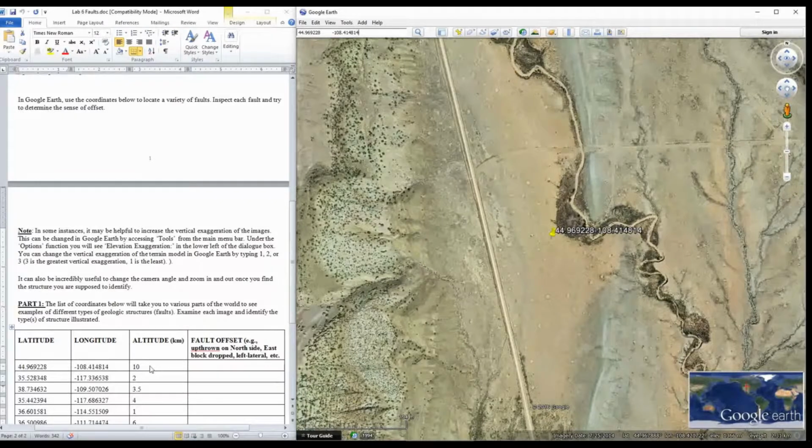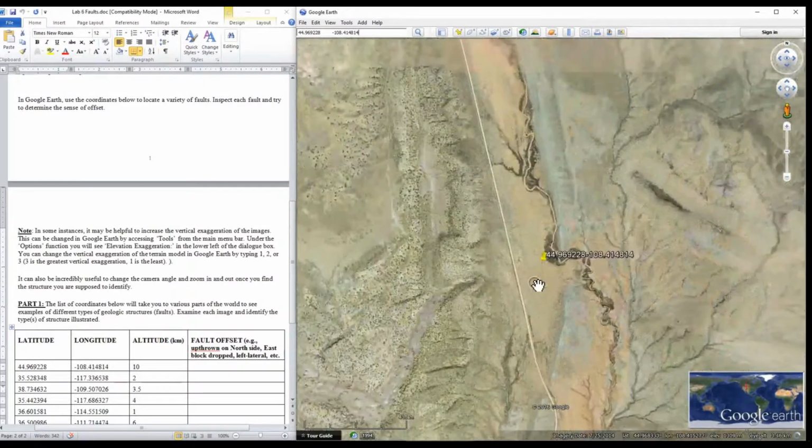But in the lab, this third column is called altitude. This is how high you want the camera to see the fault that I want you to look at. Where you see that is this thing called eye altitude down in the bottom right corner where my mouse is circling. And you can see that currently it's showing an eye altitude of 2.31 kilometers. We want an altitude of 10 kilometers. So we scroll the mouse wheel